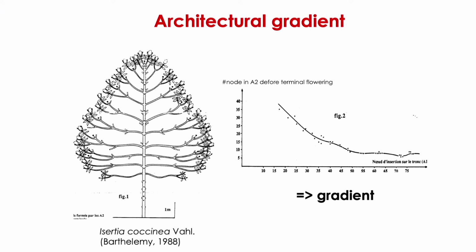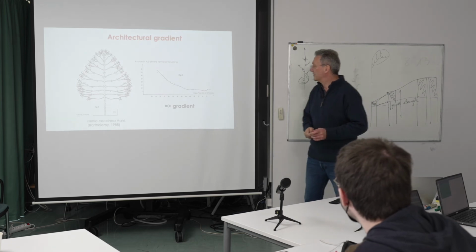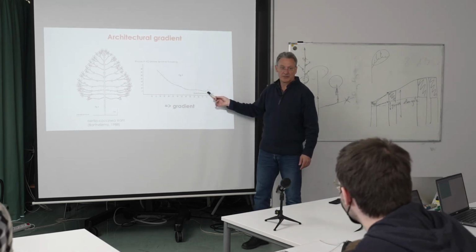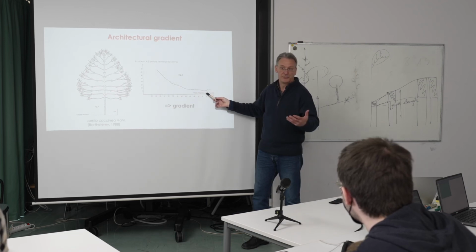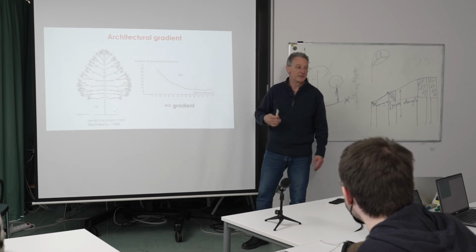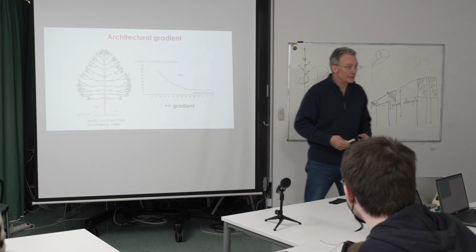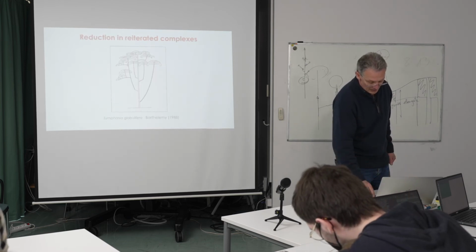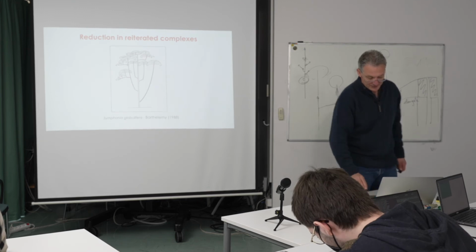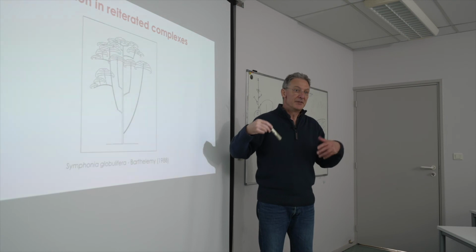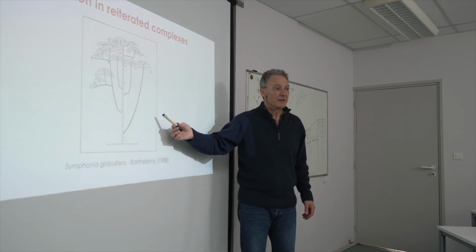And then this number of nodes decreases. And you see that the farther away you are from the trunk, the fewer nodes, the fewer leaves you are going to produce. And this is a type of gradient that you may want to reproduce in the growth of your plant. So this is another rate at a different scale,